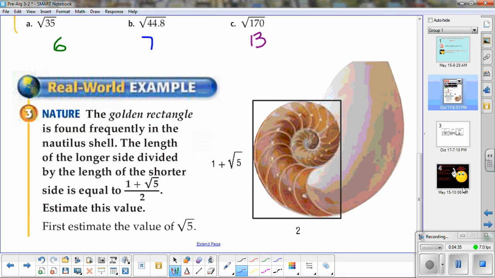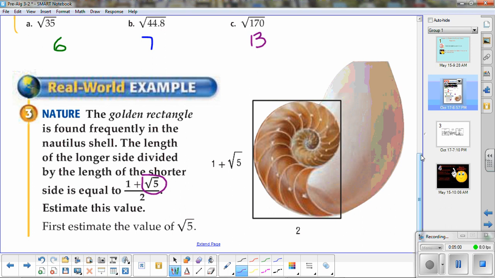The last example is a real-world example. It says the golden rectangle is found frequently in the nautilus shell. The length of the longer side divided by the length of the shorter side is equal to this right here. Estimate this value. Well, before we get started, we're going to go ahead and estimate what the square root of